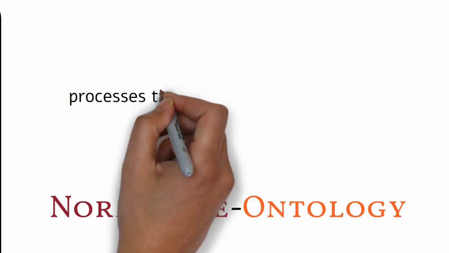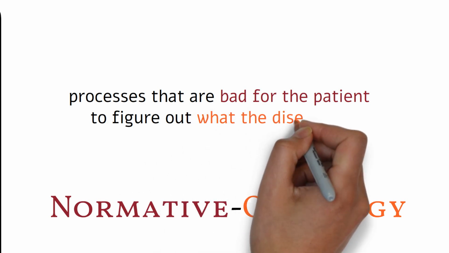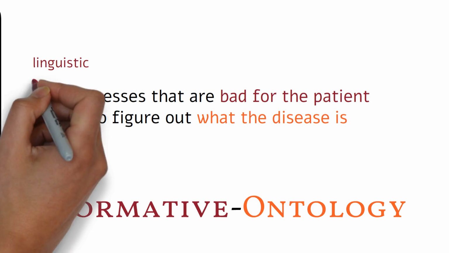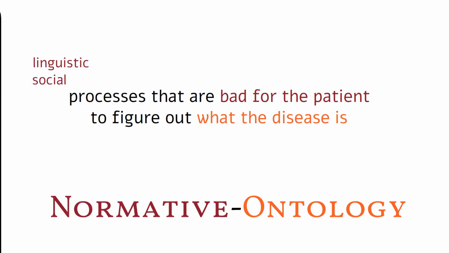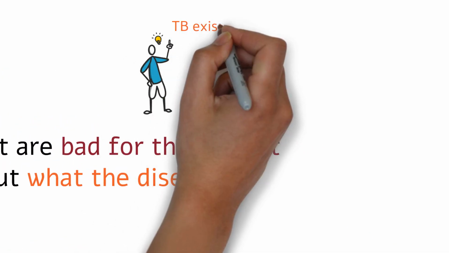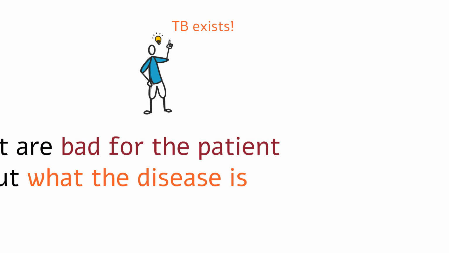A normative ontologist is harder to imagine. This would be someone who sees the concept of disease as primarily linguistic and social, making claims about desirable and undesirable states to be in. But they would also see disease as describing discrete entities. This makes some sense if we're talking about widely agreed upon diseases. Tuberculosis exists, they say. From the bacterium to the signs and symptoms to the treatment, TB describes an entity. But they also say TB is a thing that's bad to have, which is a perfectly reasonable thing to say.